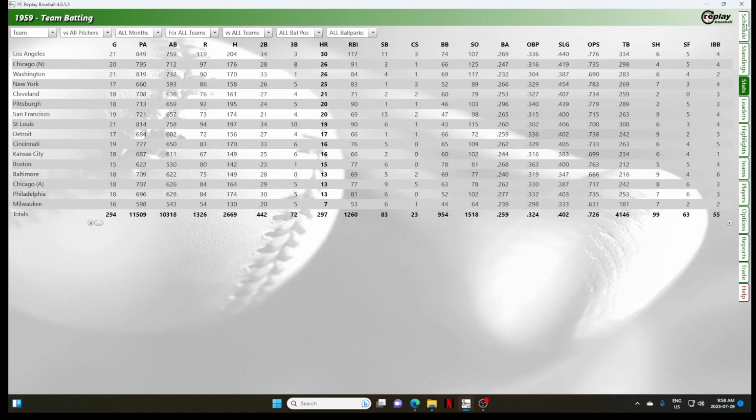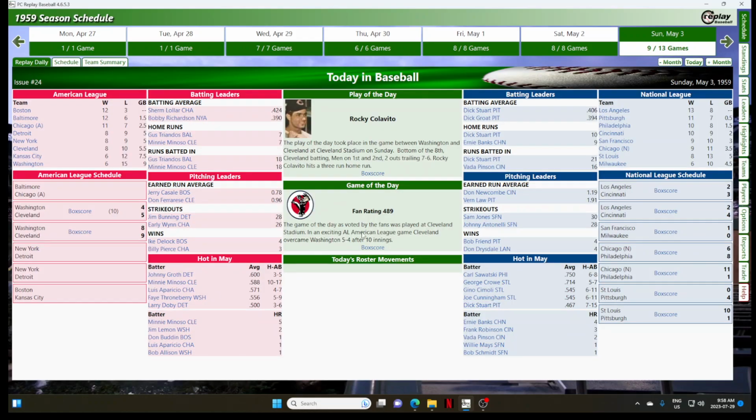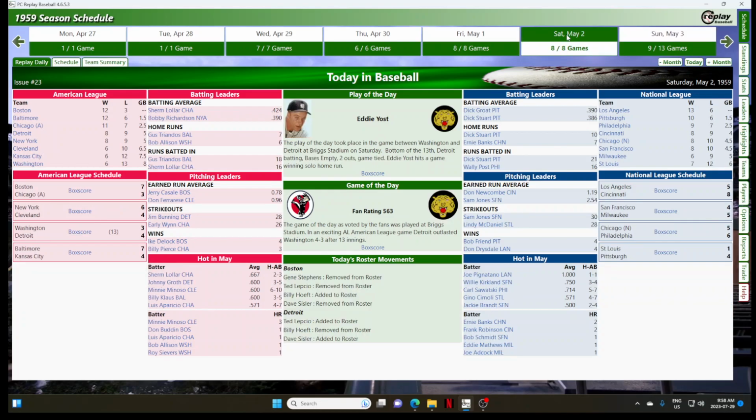So again, let's go back to the schedule. Let me show you another really fantastic feature on this. If we go to the Replay Daily tab, you will see the play of the day, the game of the day. You will see what is going on for that day, and you can click on each of the box scores. Here, there are none. However, I'll show you a different one. If we go to May 8th, for example, you see in the roster movements,